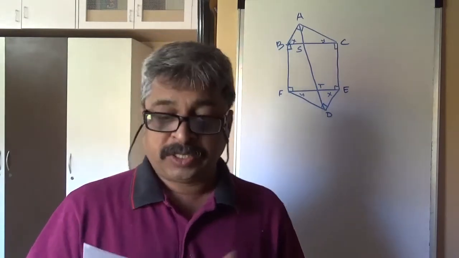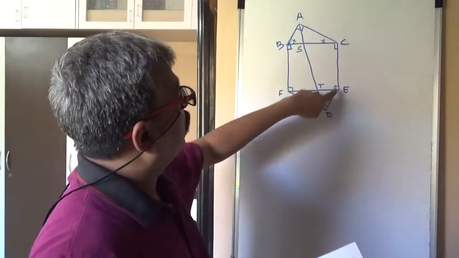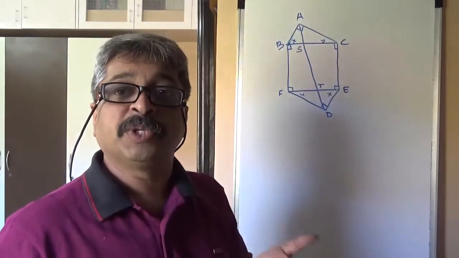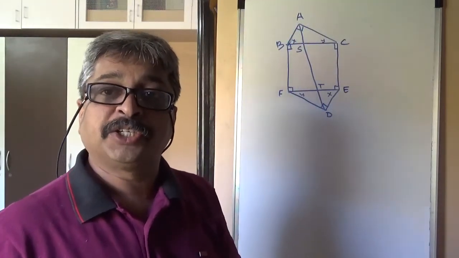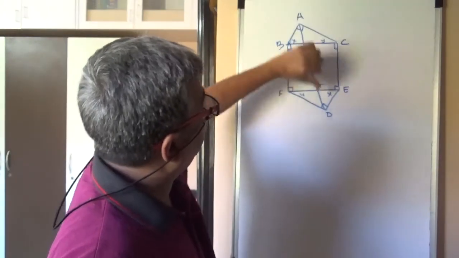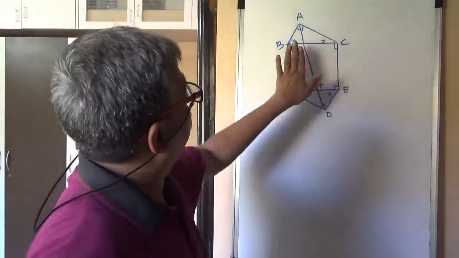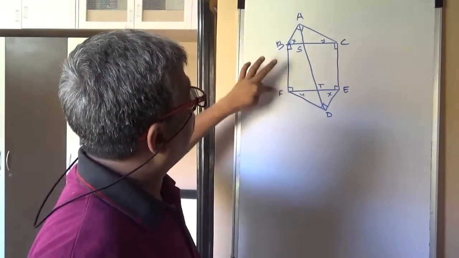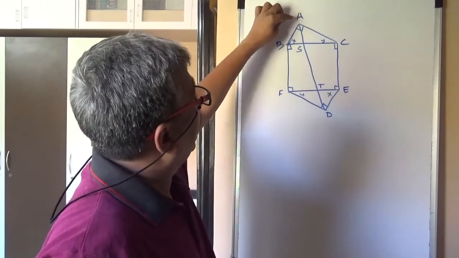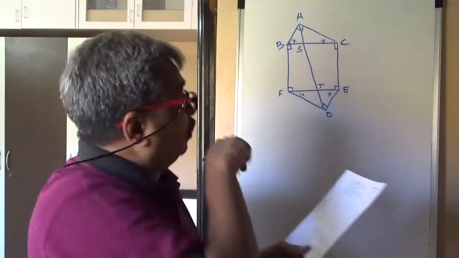More important is, this is a craft proof. I mean, if a student actually draws this figure to scale on a piece of paper or card sheet, then what we are supposed to do is join AD and cut this figure in two parts. Say ABFD is one quadrilateral and ACED is another quadrilateral. So if we cut it,